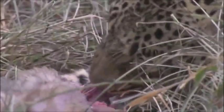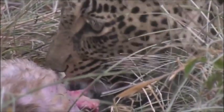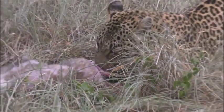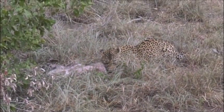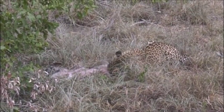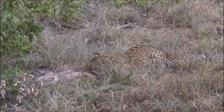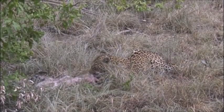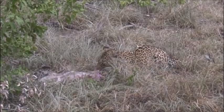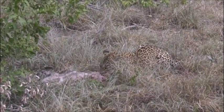Michelle asks a question, why is the baby not coming to her? Well, she hasn't called it, and the baby's not actually feeding on too much meat at the moment. It's more reliant on milk, but she is here and she's around, and she'll probably come stalking up behind mum shortly, and she's probably had a feed, so she's not that hungry at the moment. But as soon as she wants milk, she'll come and bother her mother,